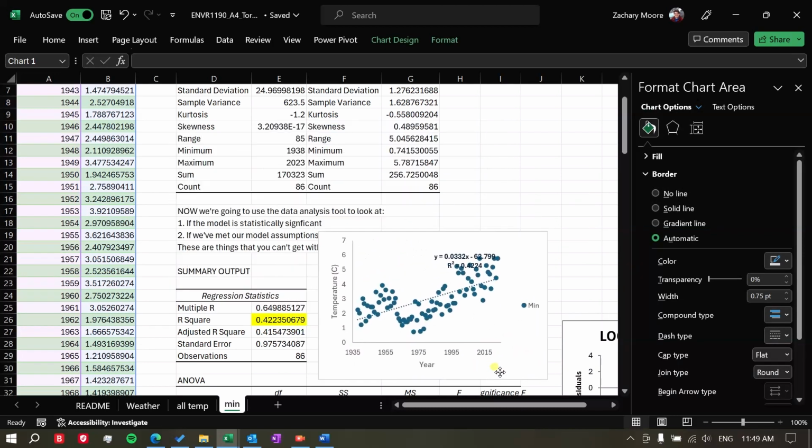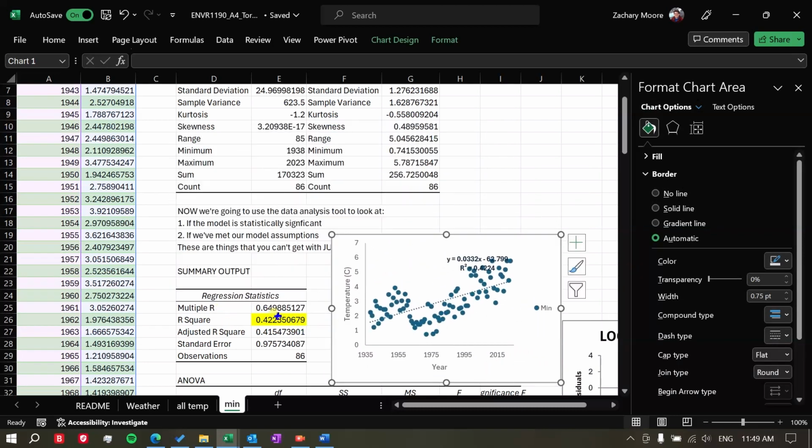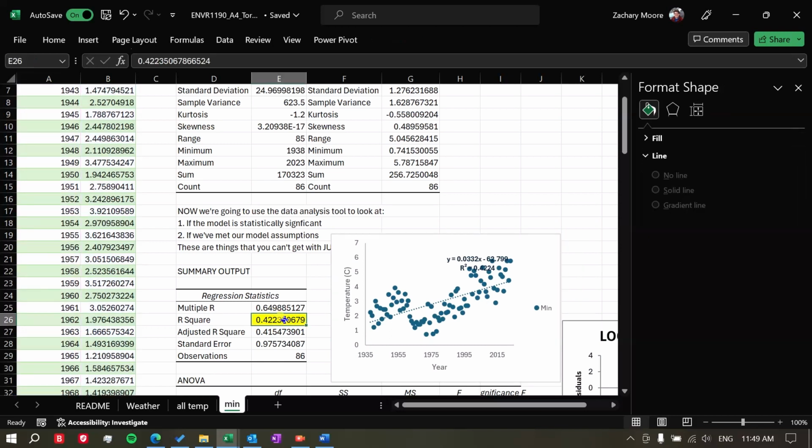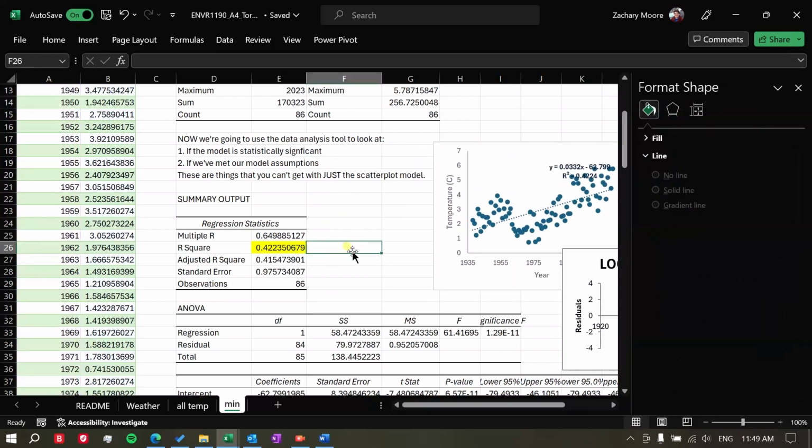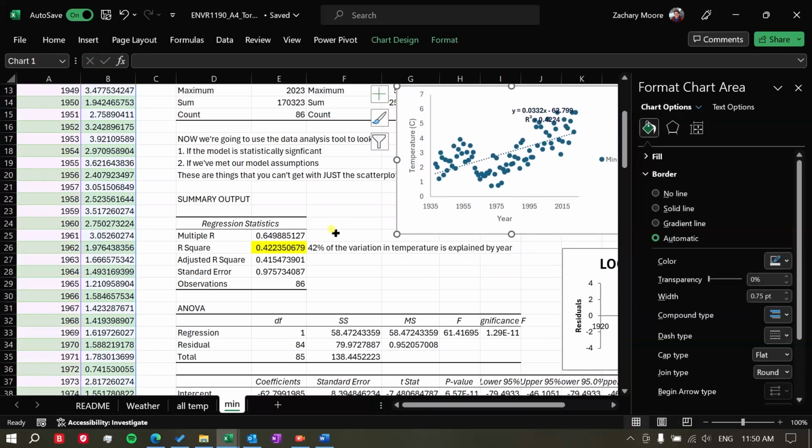But the thing that this is showing us, let's just make this a little bit smaller, is the R squared is an important thing to look at in linear regression because it tells us how much of the variation in our dependent variable is explained by our independent variable. And so you can think about it almost like a proportion. So in this case, what we're saying is approximately 42% of the variation in temperature is explained by year,